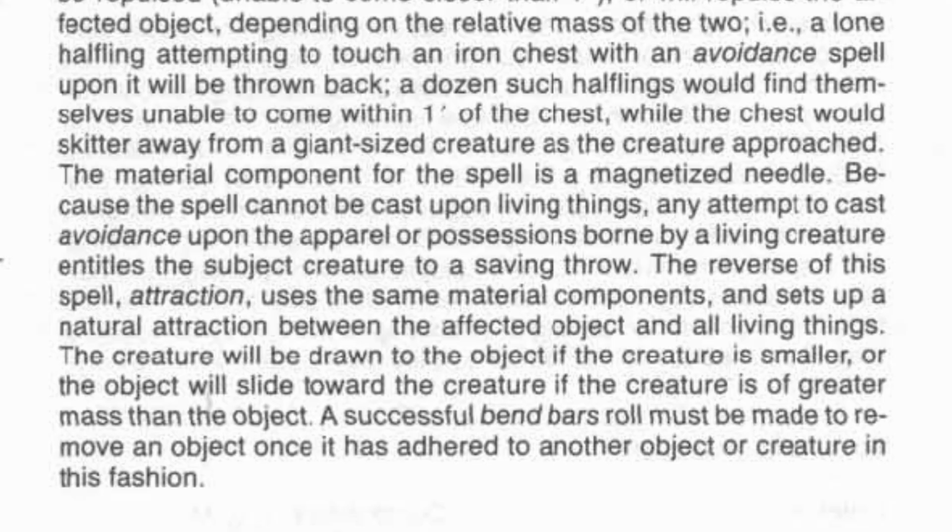If the magic user casts this on a door, it could prevent anyone from approaching it, assuming they're not big enough to cause it to leave its hinges. I think there's quite a bit of potential for a clever player or DM to use this spell. Clearly, this is meant more as something to be used within a dungeon environment or the city environment rather than